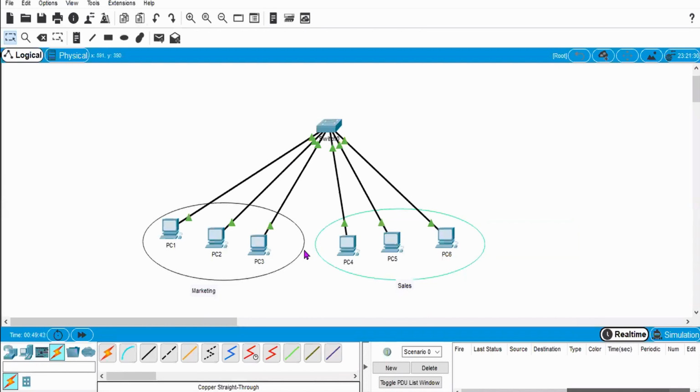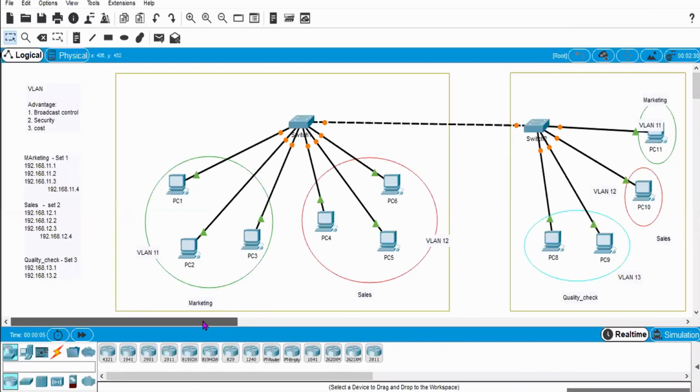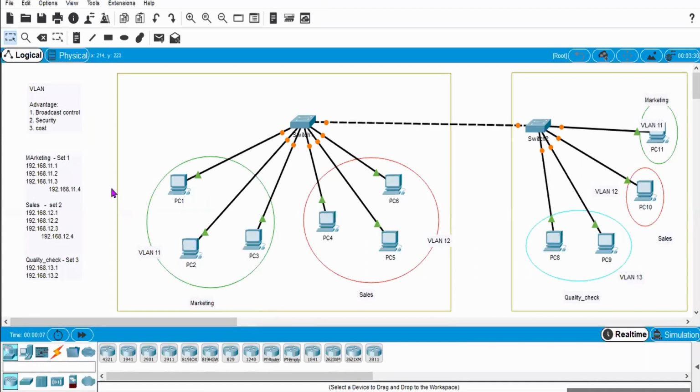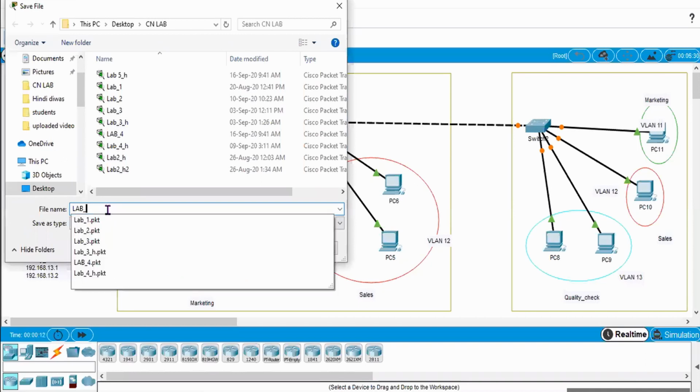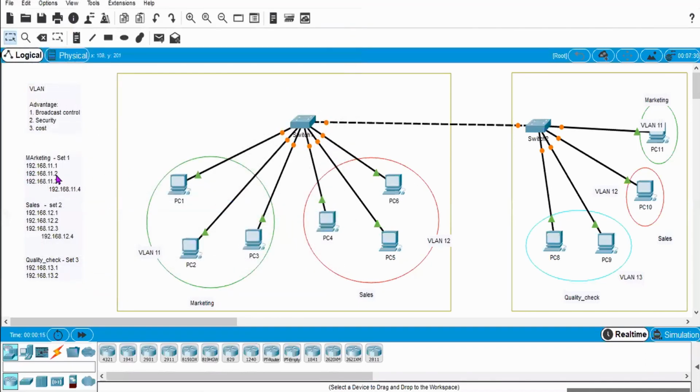So for explaining that VLAN part, I will go to that previous lab. This is the virtual network you created in the previous lab. Instead of writing these different network addresses, I will deal with a single network this time.